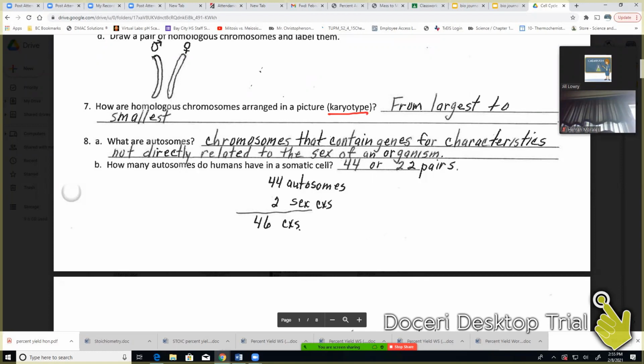So sometimes when women are older and there's a higher chance of them having a birth defect, they'll have to have some type of blood test where they will look at the unborn baby's DNA, and this is what they'll get. They'll get a karyotype. So it's like a picture of all of the chromosomes. And then they can look at it and look for anything that might be wrong with those to try to predict whether they might have a birth defect or not.